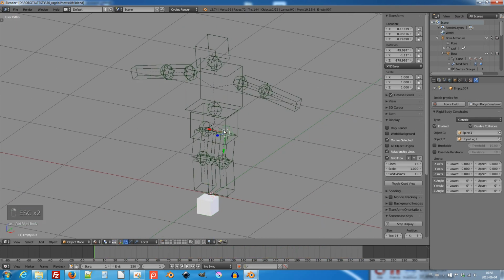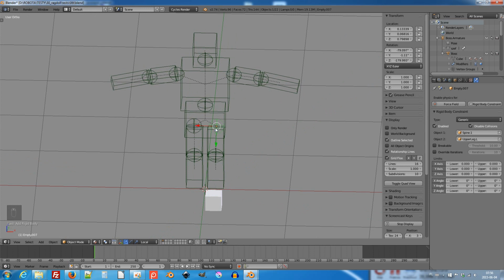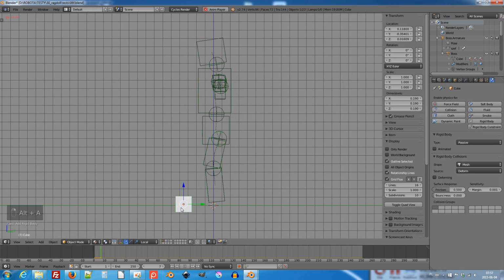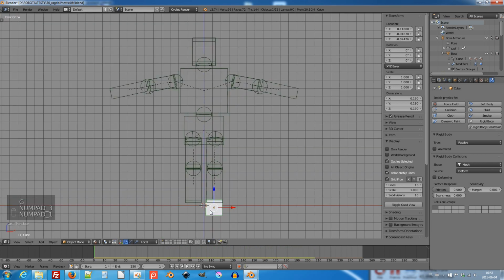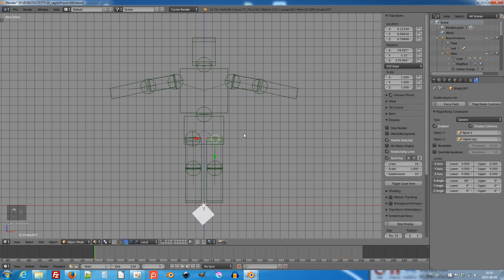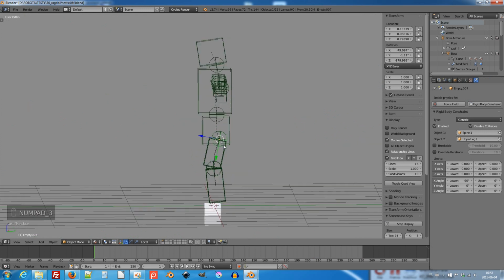And the same for these constraints, and again I see that I must use the X-axis. And it is good. But also I want to rotate this part of leg like that, and this is rotation along the Z-axis.